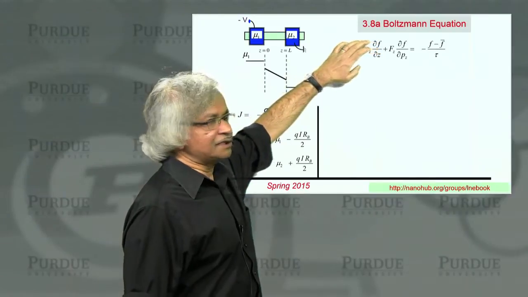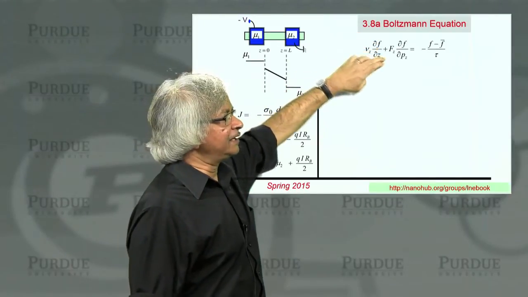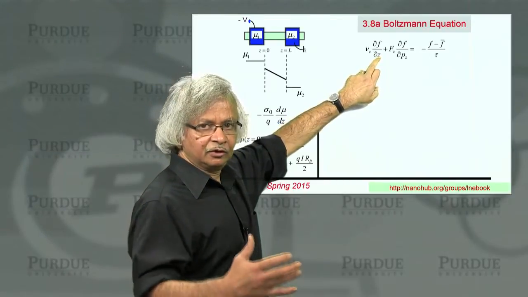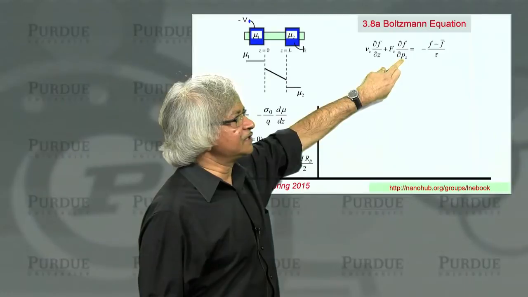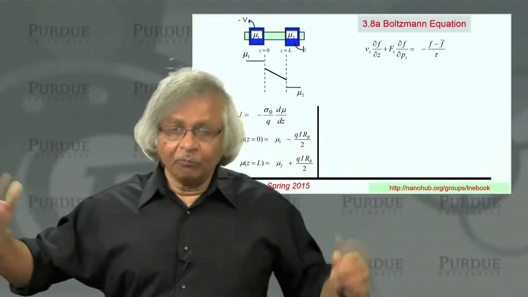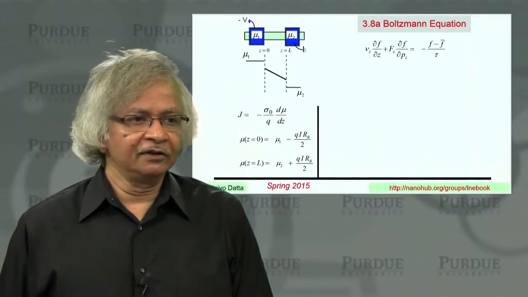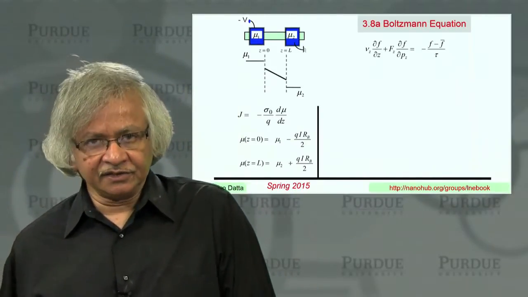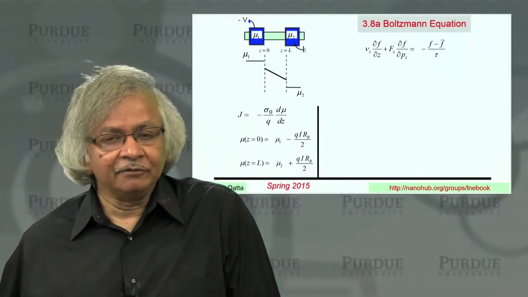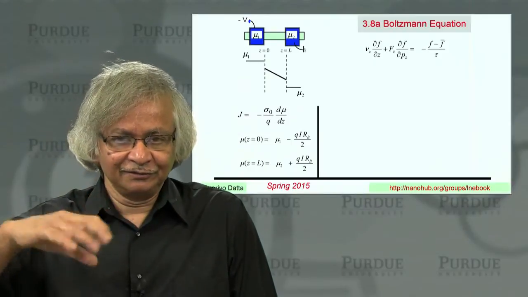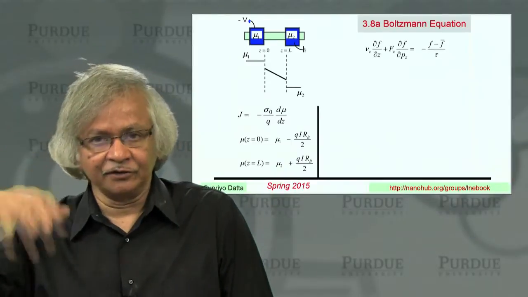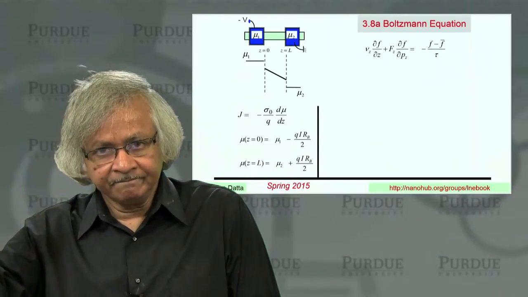You can see it's a partial differential equation, and there are multiple variables. There's this z, which is the spatial location, and then there's pz, which is the momentum. And in general, of course, the more independent variables you have, the more challenging it is, numerically and conceptually. And so that's why we didn't start from this in Lecture 1 and then derive everything systematically. Instead, I tried to convey things more intuitively.